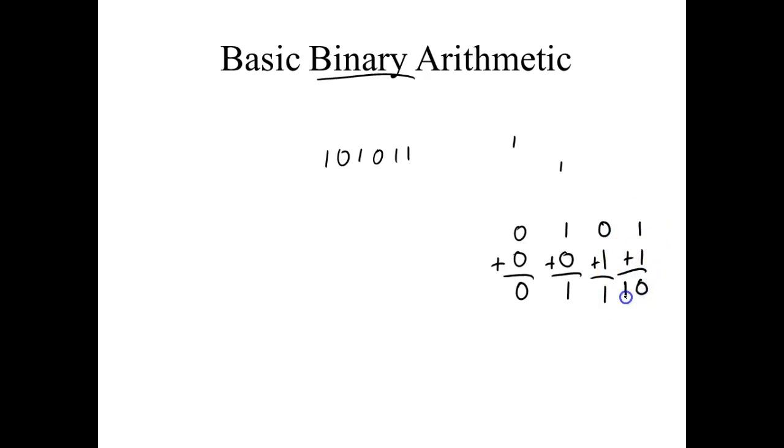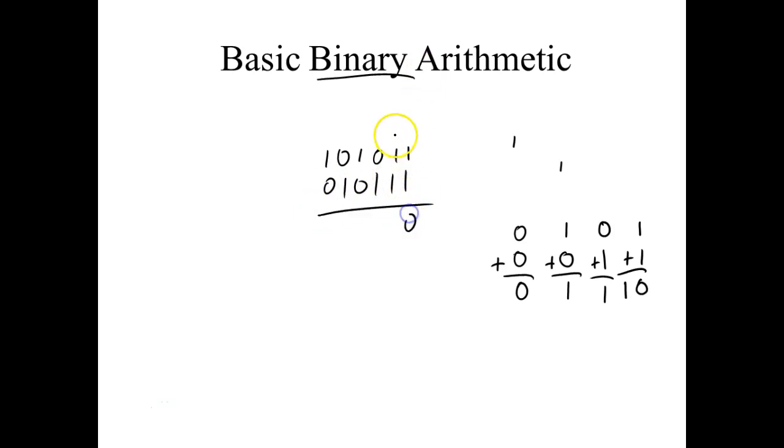0 with a carry of 1. Well, if I was to convert this over to decimal, this would be equal to a 2. So 1 plus 1 is a 2, right? You understand? So if I was to come up here and add these two binary numbers right here,